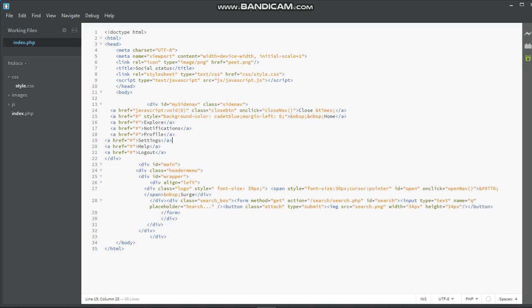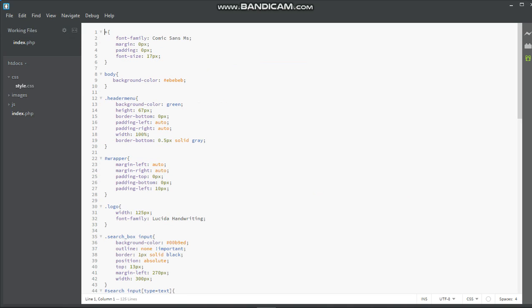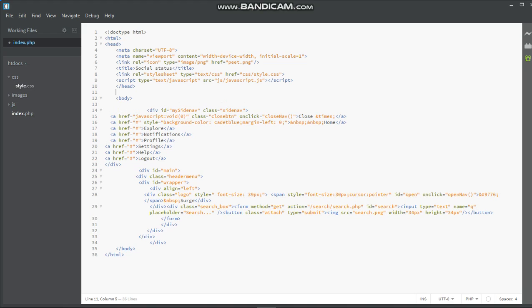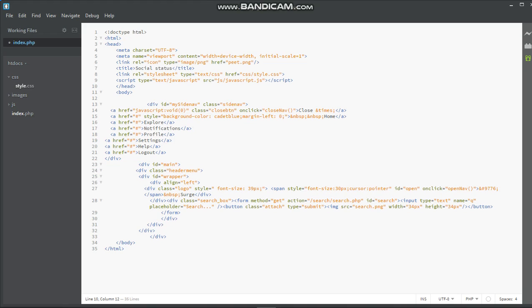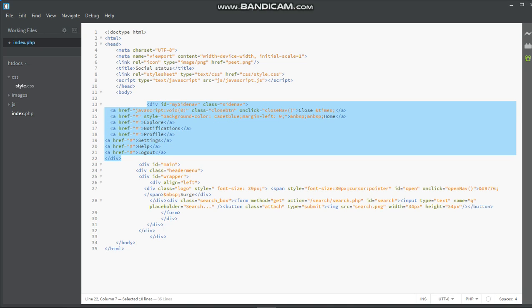Then which other thing? I told you these are for spaces, 2 spaces. Then inline styling. Let's say you want to override a general style, like either this style or the one here, like this, with a style tag. If you want to override that and make this one stand out, or if you just want to do it for styling, you can do that. This is just to design my sidebar.